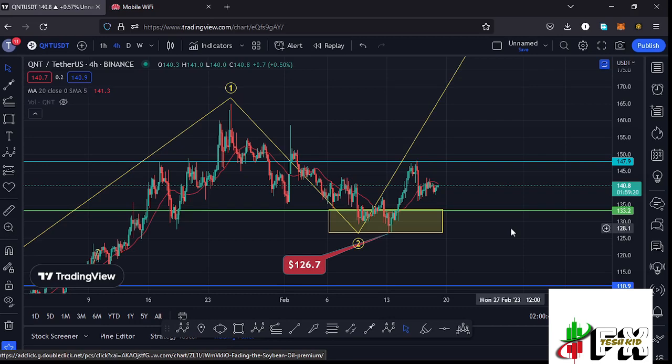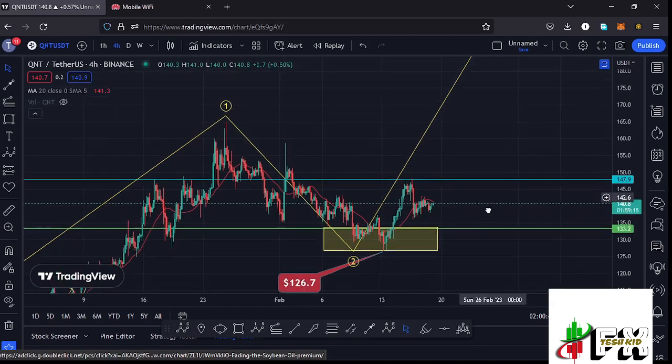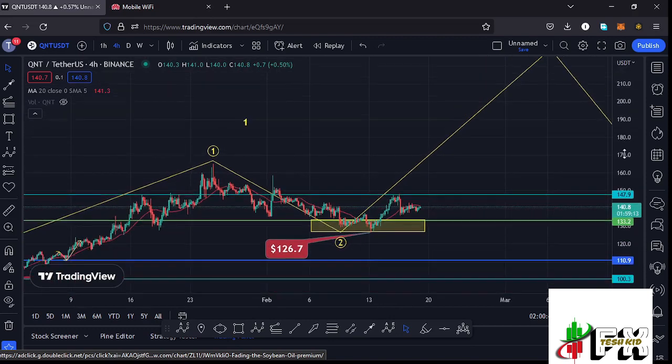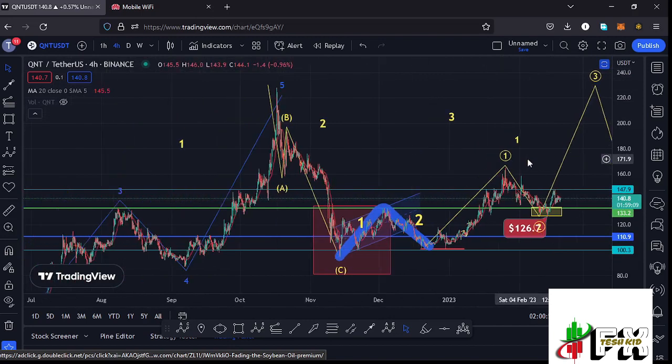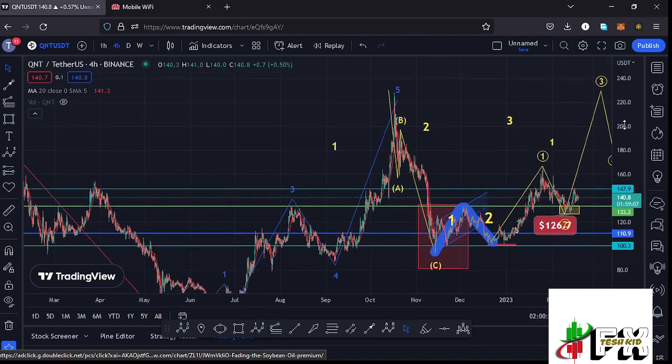We have also fully maximized my yellow target area down here in the formation of this wave 2, and I believe soon we are going to continue unlocking higher prices in the formation of this wave 3. And before I get further into the technical analysis and also give you my next price targets here on the